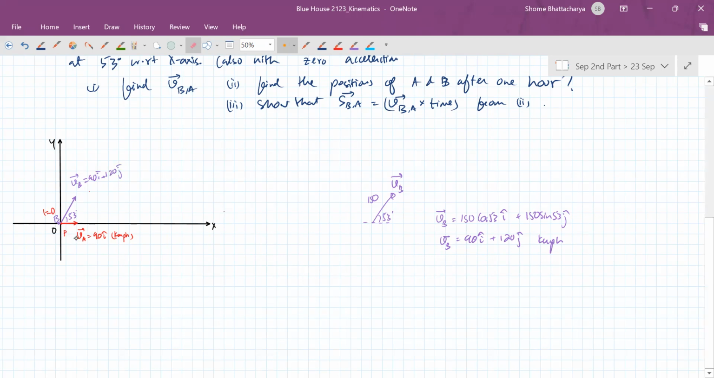And this is where they start from. So at the given time, what will happen? Let's say A is somewhere here. So in 1 hour, displacement of A